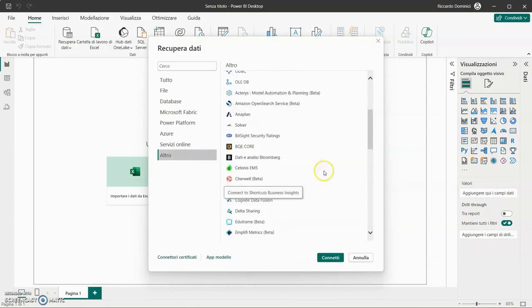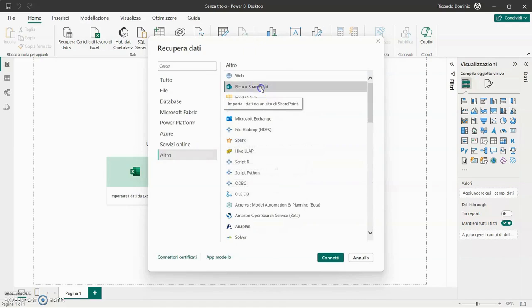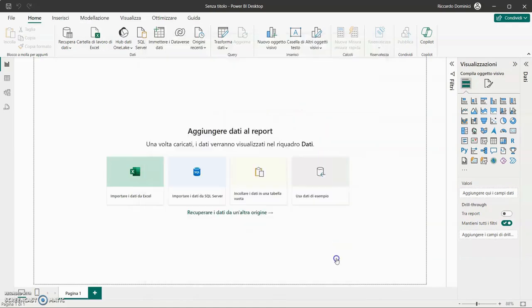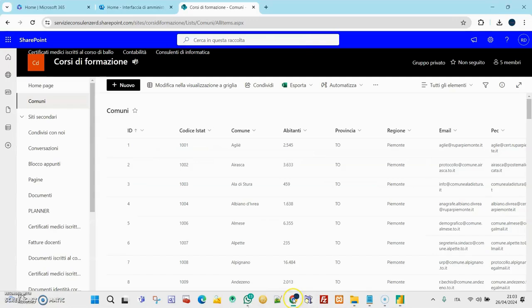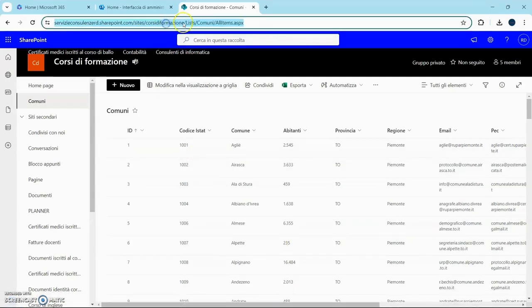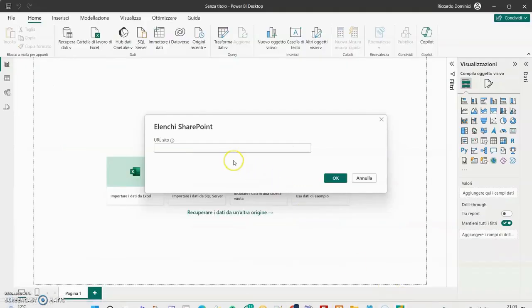At this point, it asks me for the site URL, the Sharepoint site address. So I go back here to the Sharepoint site, and I have to copy up to here. This is the title of the Sharepoint site, training courses. So not also what is written after this slash. Up to the course title, I copy, go back to Power BI, paste the site URL,